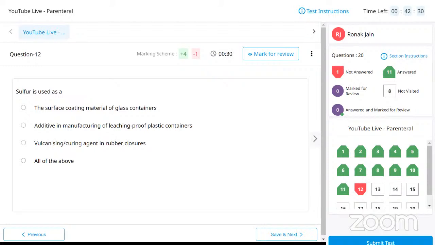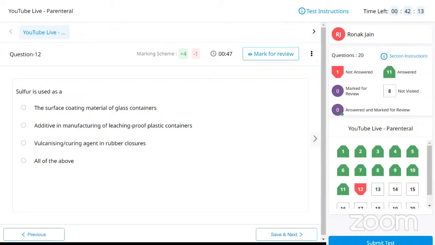No, this is again a wrong option. Option C says vulcanizing curing agent in rubber closures. Yes, this is the answer, because sulfur adds on when we... sorry,